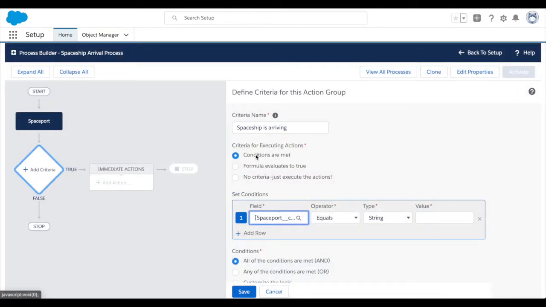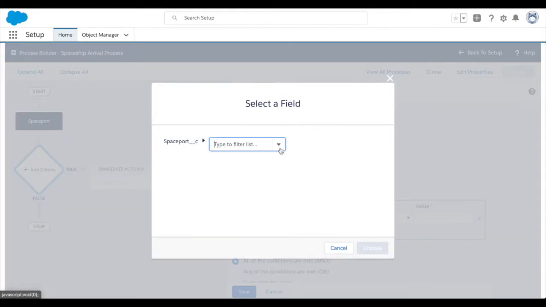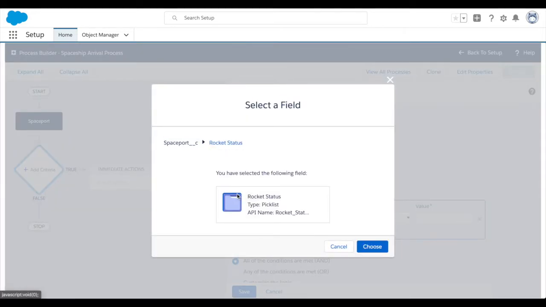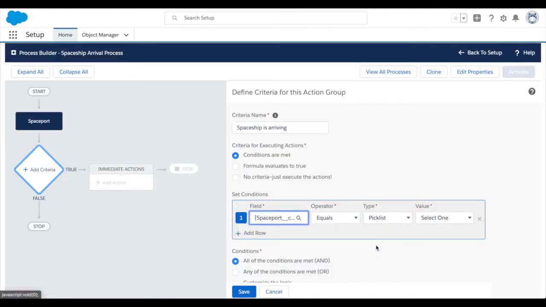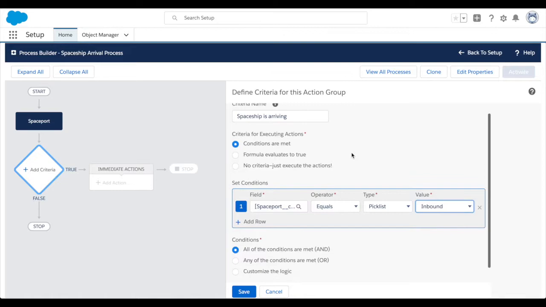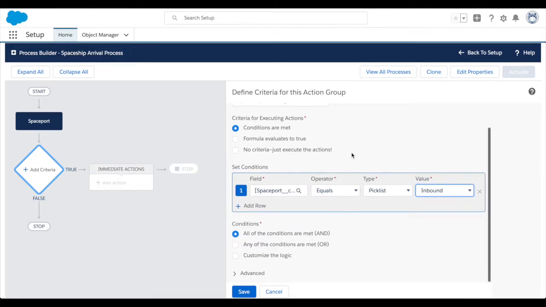This is the conditions. I want to execute the actions based on the conditions met. So actually the field that we want to use is rocket status, and that has the picklist, and these are our picklist options. So I'll say inbound. When the rocket status equals inbound, and this is kicking off when the record is updated or created fresh, so brand new rockets or existing rockets. That's our criteria. So if they're met,